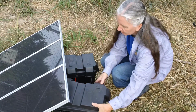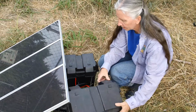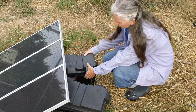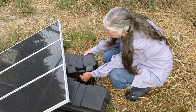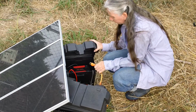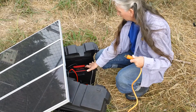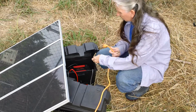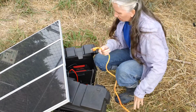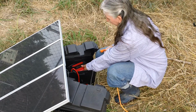Okay, so it's already hooked up on this side. So all I have to do is turn on the inverter. On. And again, we're running an extension cord, which is not the optimum idea here, but